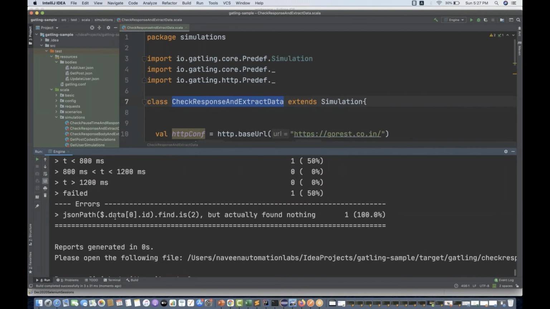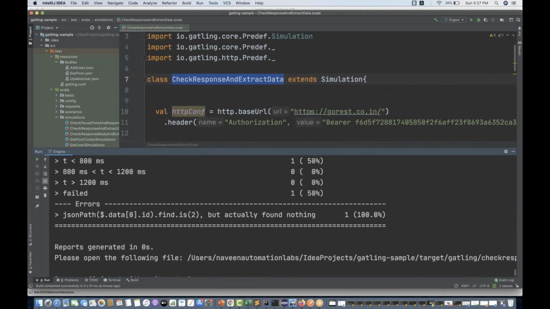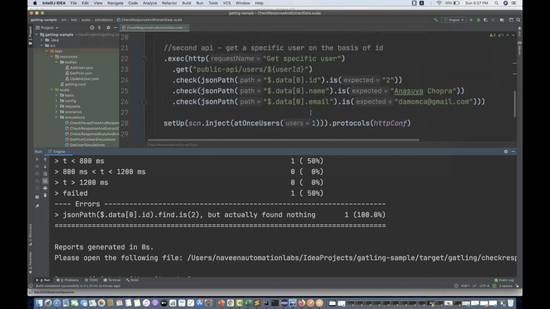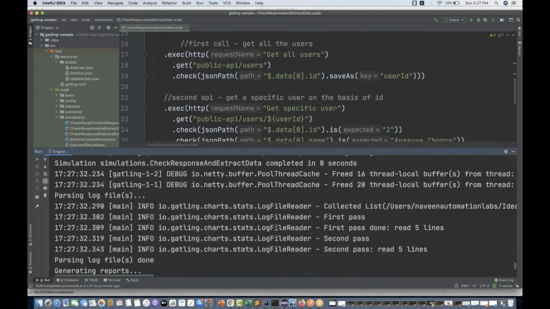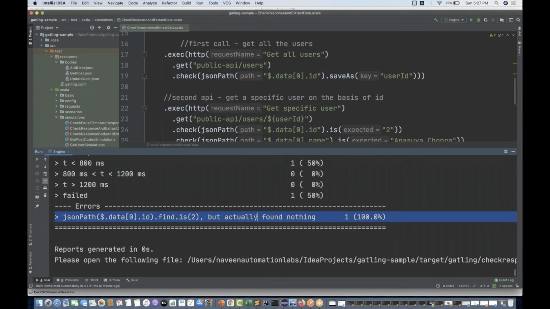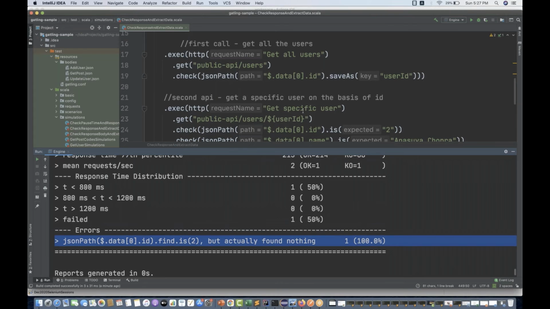It's saying that JSONPath ID find 2, but actually found nothing. Oh, that is, let's see, okay. It's giving you an error. See, it did not find that particular data. So let me check dollar data zero and